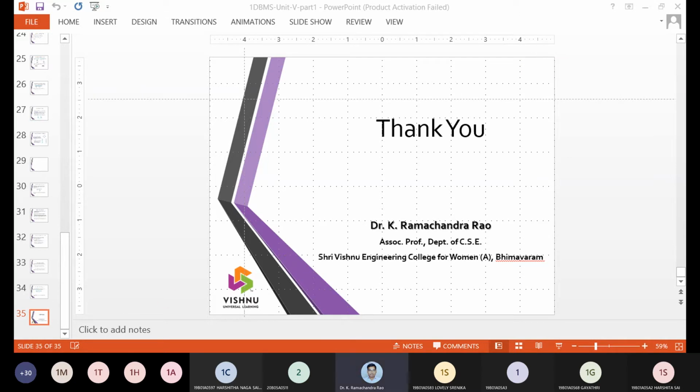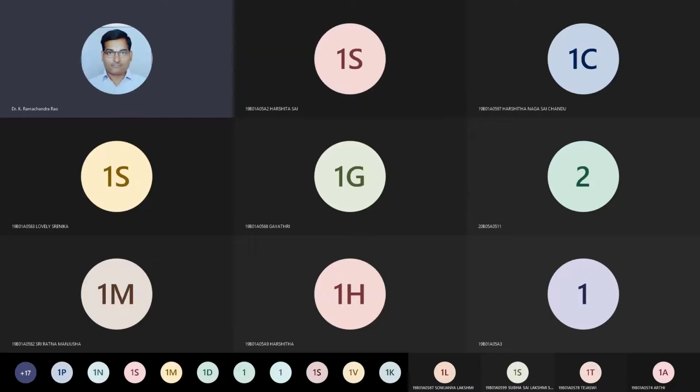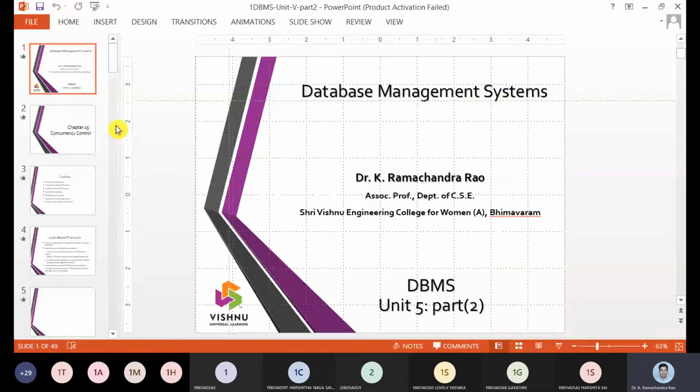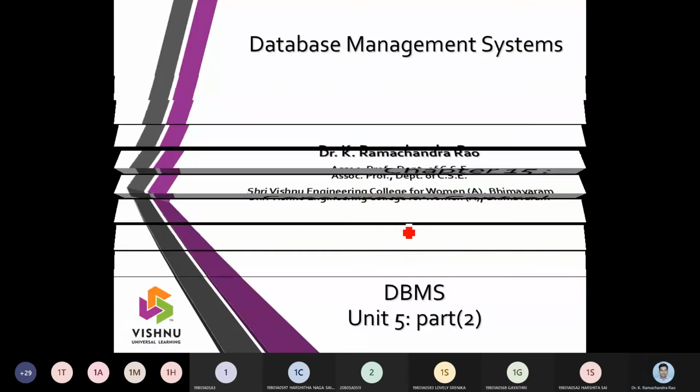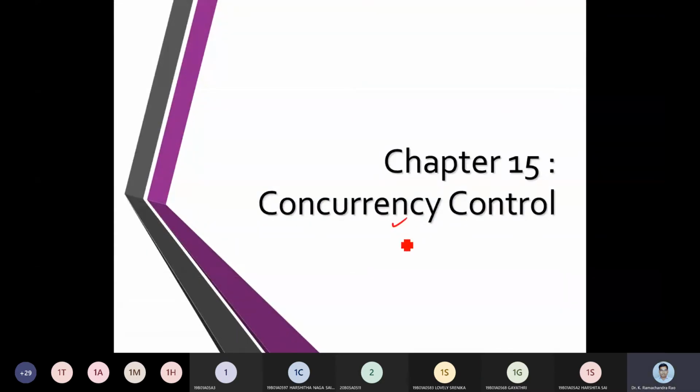Now let us look at the second part of the content, that is, concurrency control.